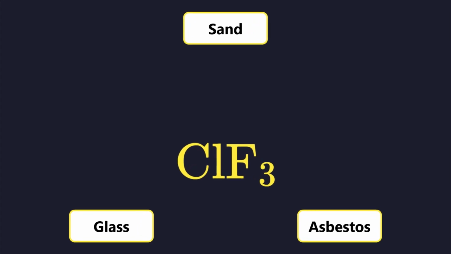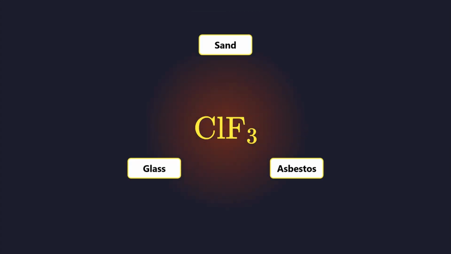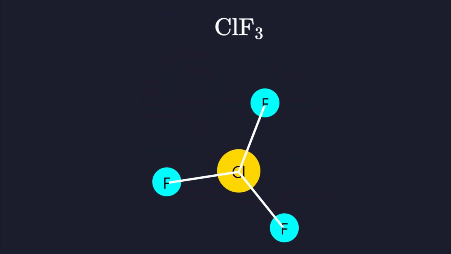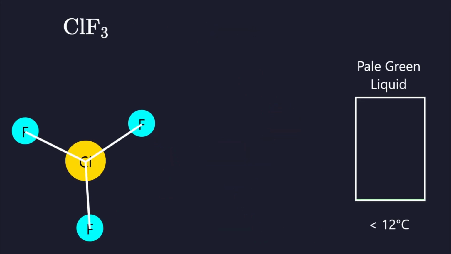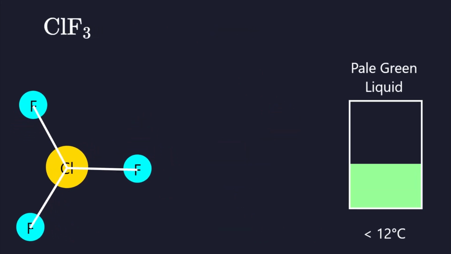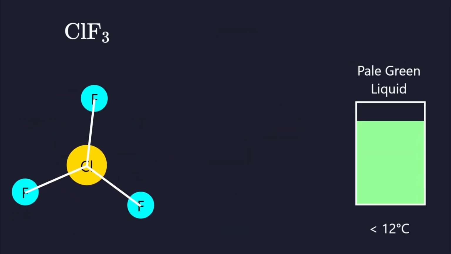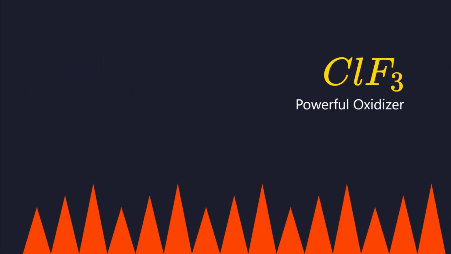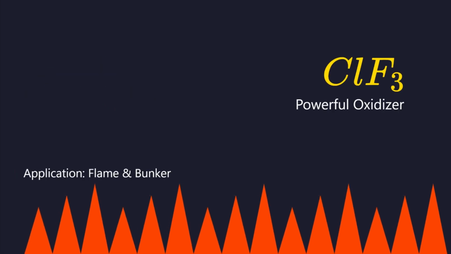Chlorine trifluoride is so reactive that it causes sand, asbestos, and glass to burst into flames upon contact without any external ignition source. This interhalogen compound consists of one chlorine atom bonded to three fluorine atoms, forming a substance that is a pale green liquid below 12 degrees Celsius. During World War II, German scientists developed this chemical under the codename N-Stoff, intending to use it in flamethrowers and